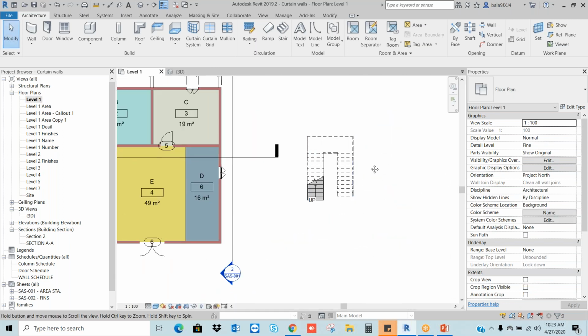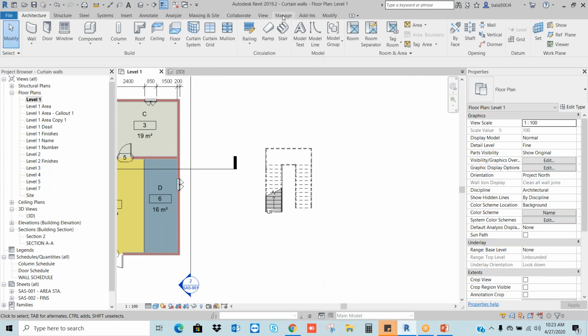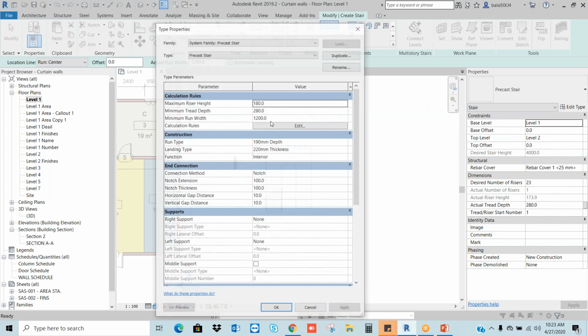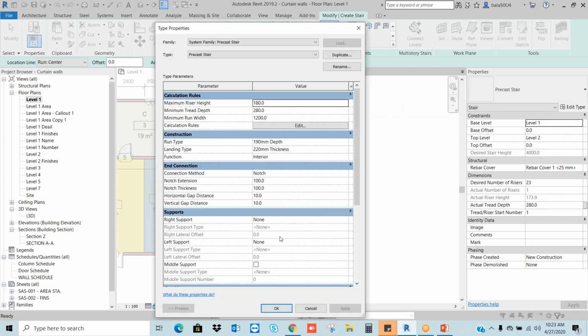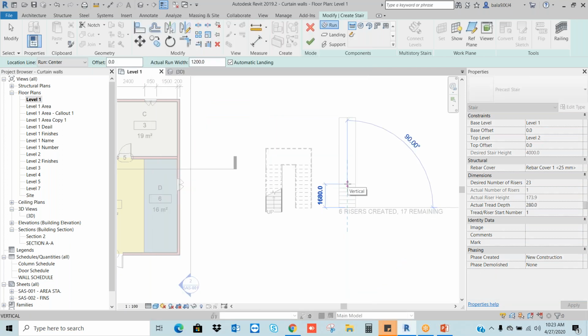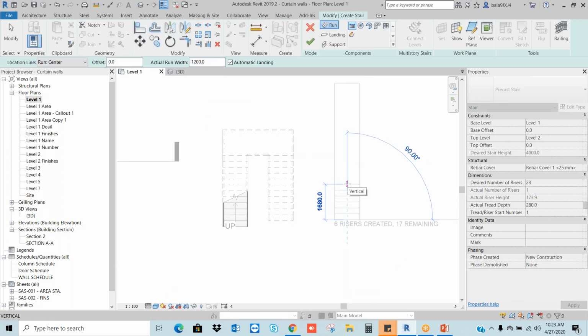Okay, let us see in different way. Now I am going to take the stairs. I am using the straight one. Here I am using the precast level 1, level 2, and I want to change the width. Let's say 1.2 meters. Same width I am going to consider. Now I am going to draw the staircase line. Let's say 4 risers.